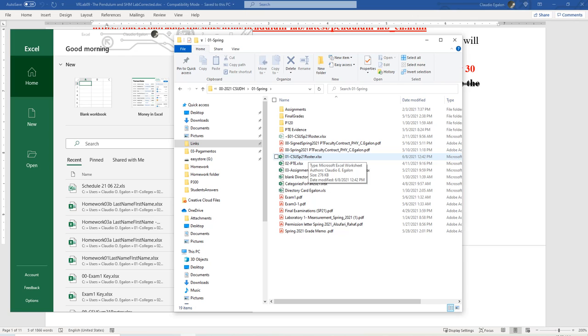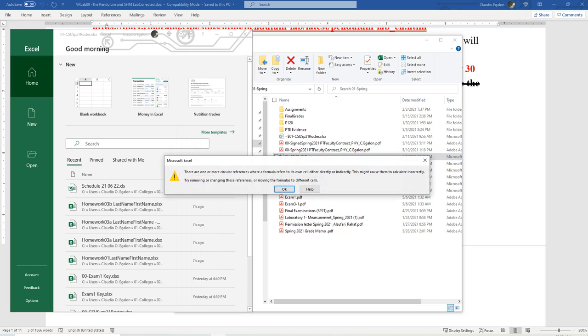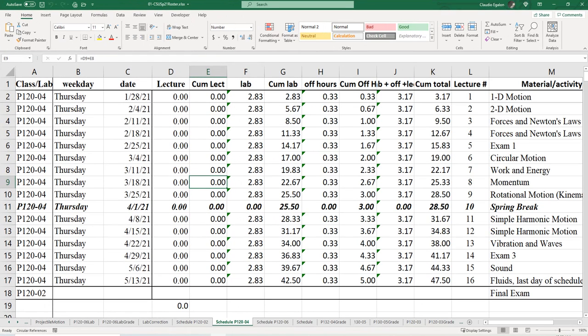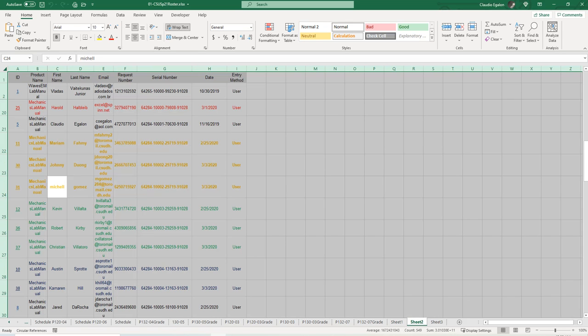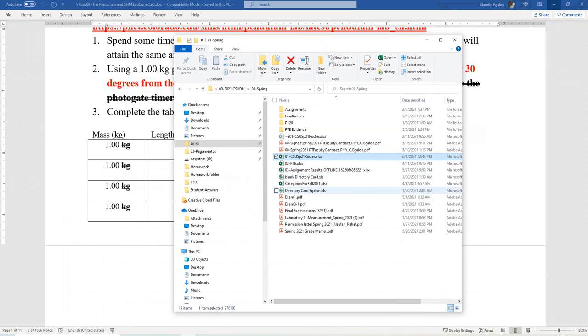Let's look for it. Let me see if it's here. Okay, it's not here, and